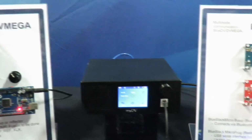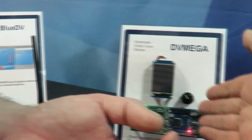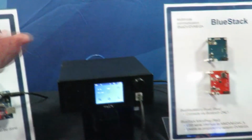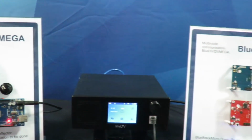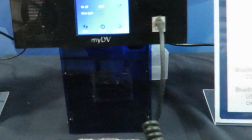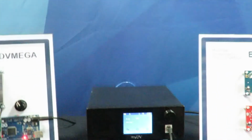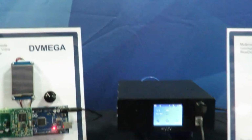Yeah, and the software is free, by the way. Yes. With this, you do the same as you do with this, but with a nice enclosure and some better audio. I like the price. I think you're going to sell many. I hope so. Yeah, I mean, there's a lot of time and investment in this, and we're just amateurs. We're not a big commercial company. I mean, I got a web shop that runs, and